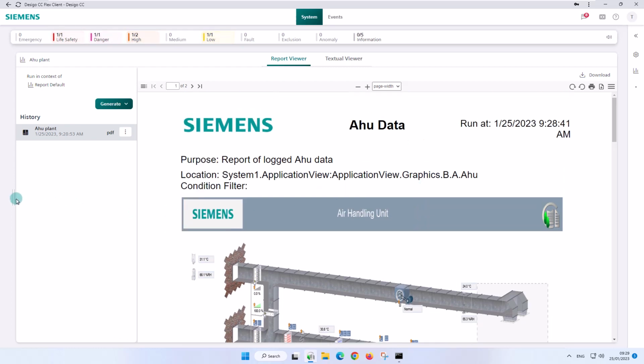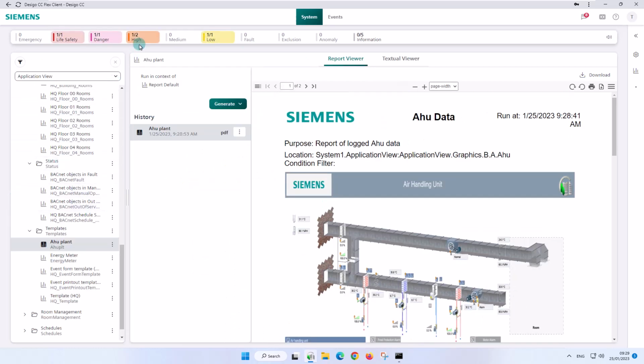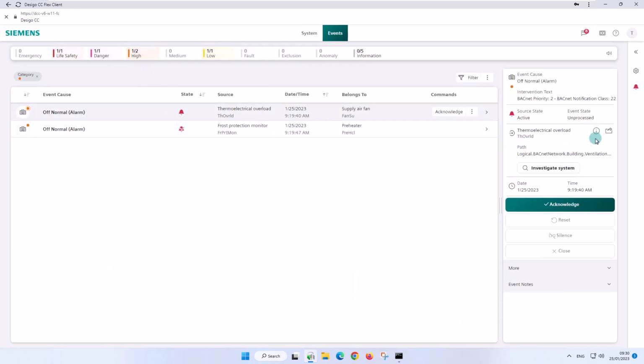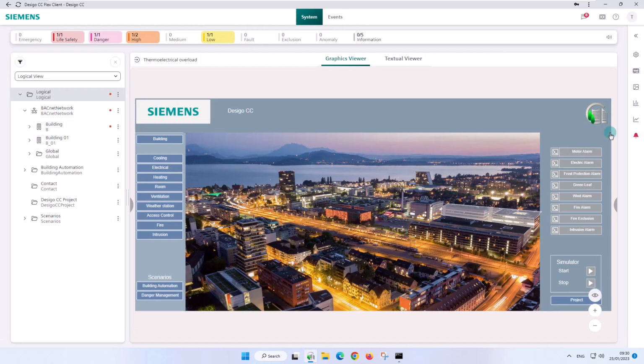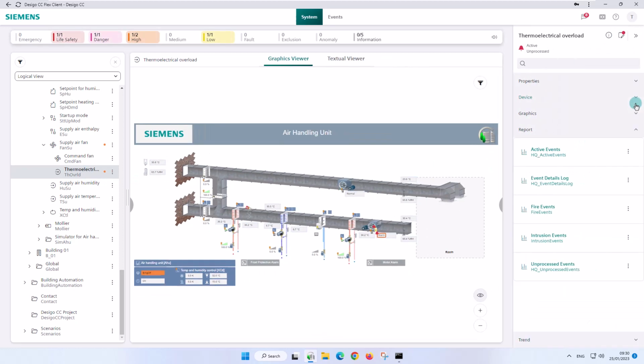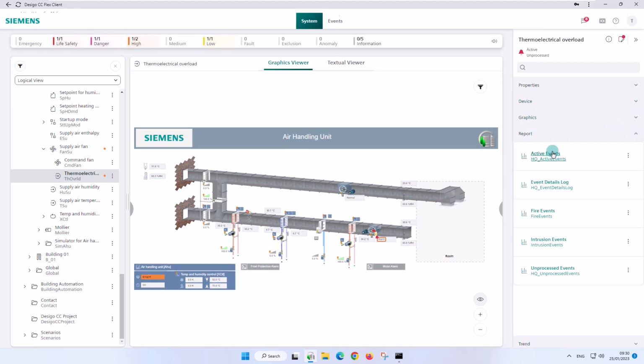For the workflow over the logical view, we take the triggered alarms to help. Then, we briefly switch to event handling. Select the thermoelectric overload event. Navigate directly to the graphic via the event source icon and see in the system browser that the corresponding node is selected. In the related objects, we select the active events report, after which the report viewer opens in the